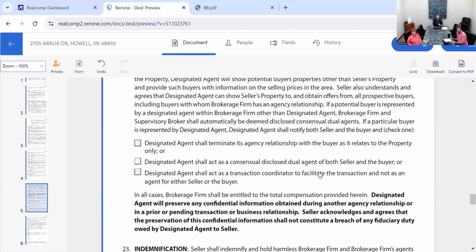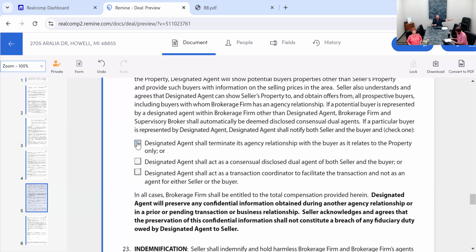Does the seller want you to become a dual agent of both them and the buyer? Or do they want you to act as a transaction coordinator? Now, we don't do transaction coordination very often here. So really the question is, does the seller want you to act solely as their agent and the buyer is